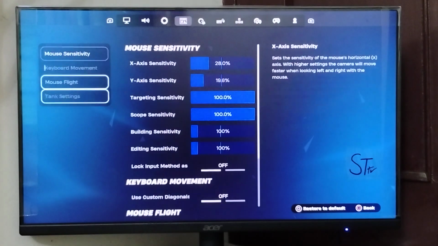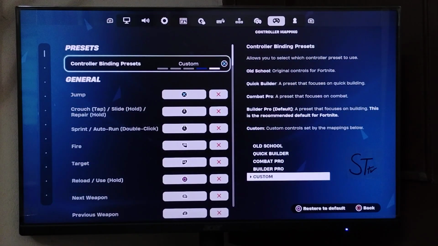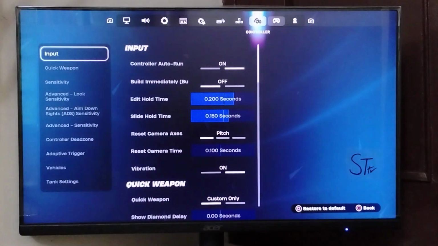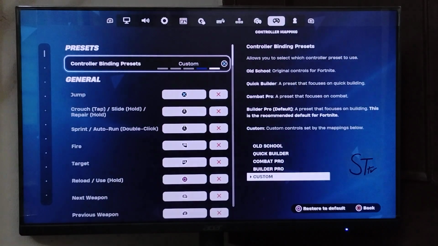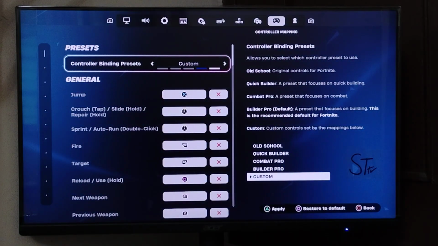Now go to controller mapping, and here in presets, here you will see controller binding presets. So from here you have to make it custom, then go down,